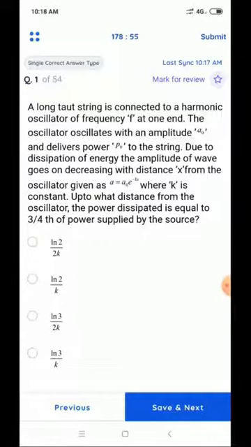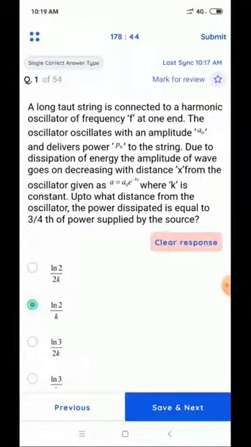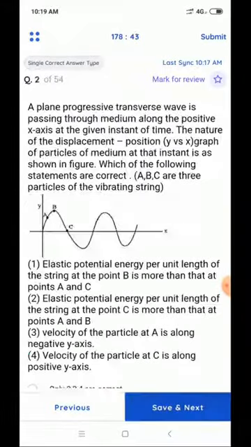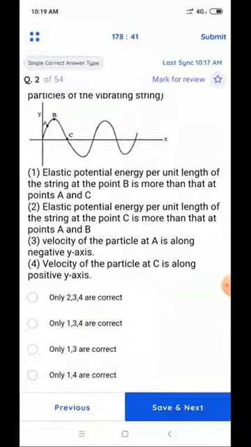So I will show you how to mark the answers. Read the question and there is a radio button for each option. Click on that circle and click on save and next. Don't click on submit initially. There is a right side option called submit. You need to click on submit only after completing all these questions.